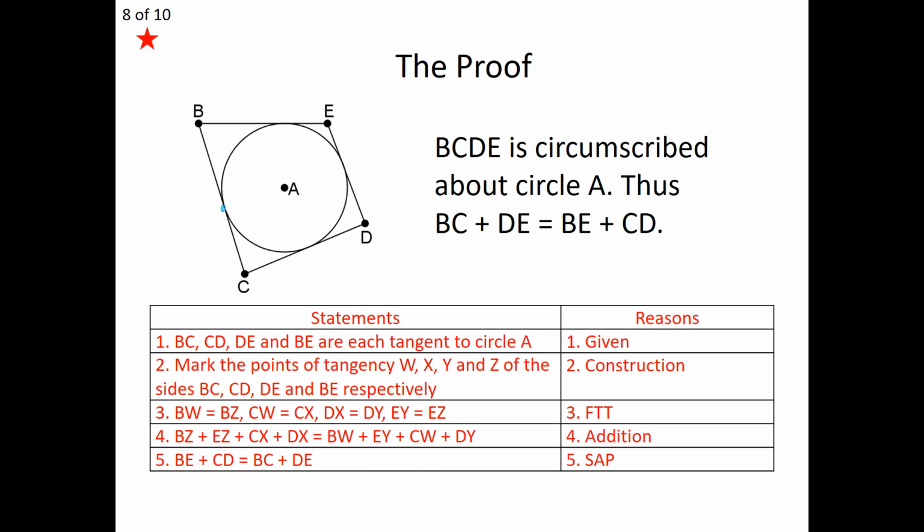So I'm going to label these 4 points of tangency right about where we see those lines intersecting our circle at that given point. And let's name these points W, X, Y, Z for each of the 4 segments respectively. Okay. Now, what's happening there is that, because this is a circumscribed quadrilateral, we